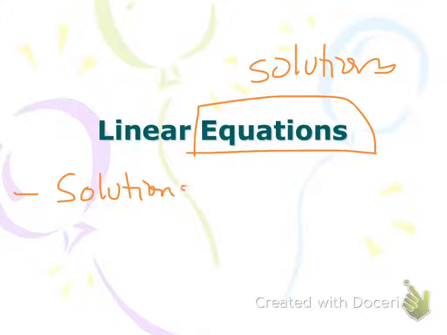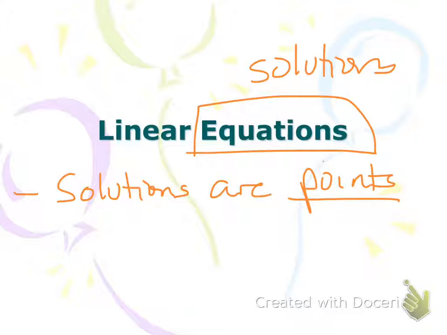What do the solutions of a linear equation look like? Solutions are points. Is that what you said, Tate? And you guys are the first class today to really give that as an answer. All right. Now, listen, if we look at a specific linear equation in slope-intercept form, y equals 2x plus 3,